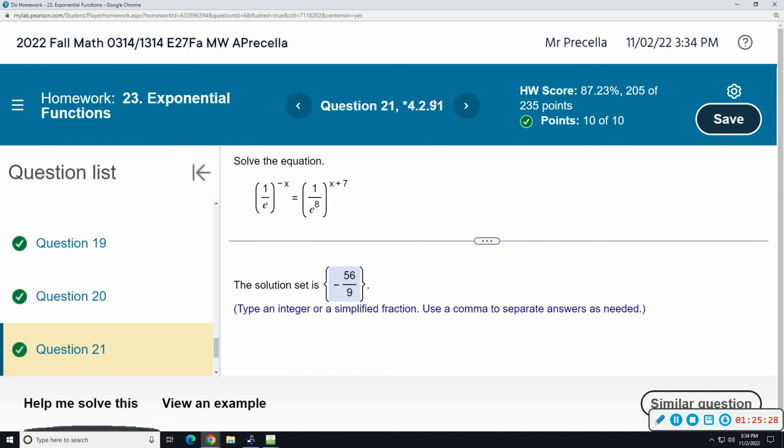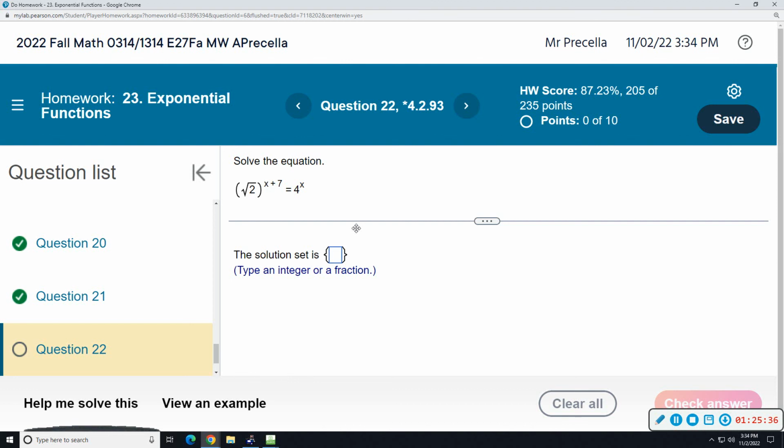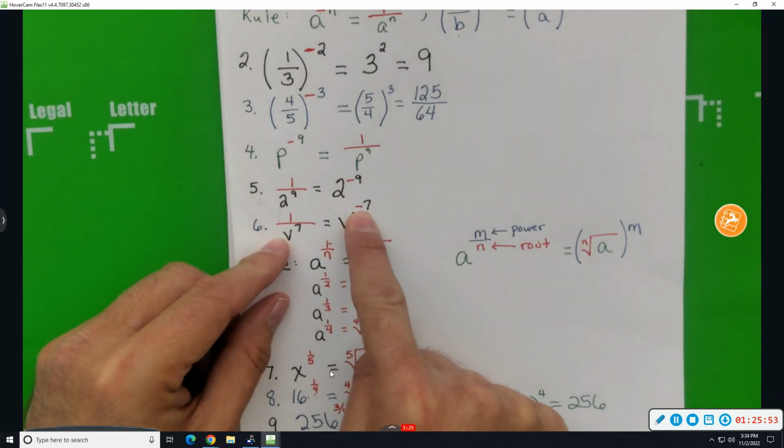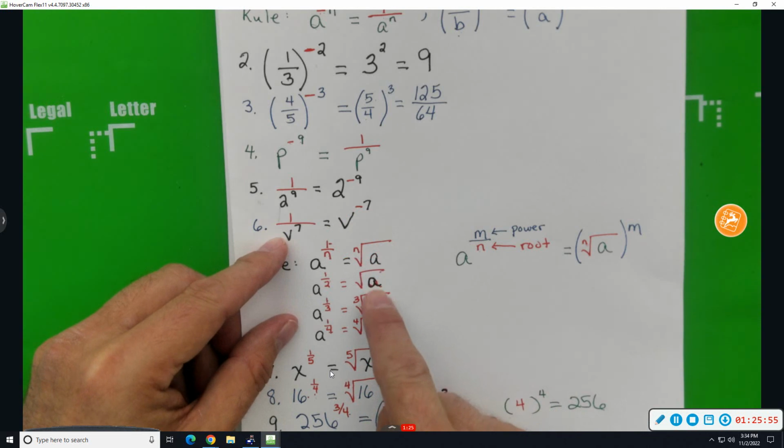But theoretically, I could do problem 20. Yeah, we could do it with a fractional base. It would certainly be a miss. Okay, this is a good one. So, we said previously, if you have a 1 over and you need to get rid of it, make that exponent negative. But also, if we read this